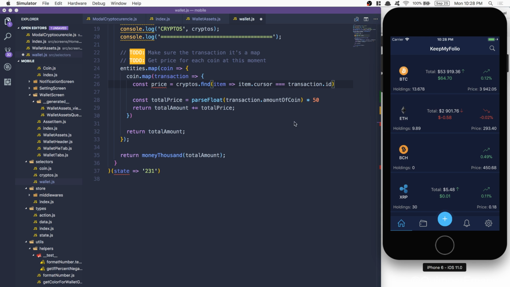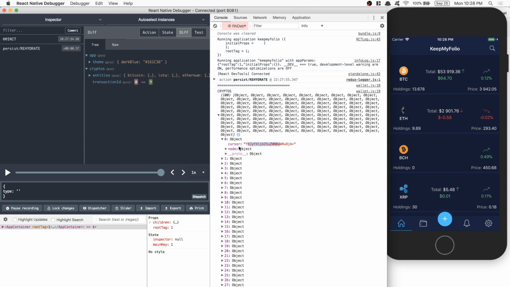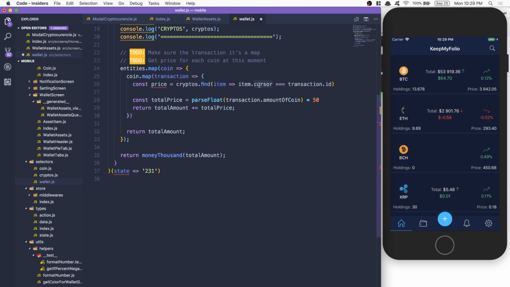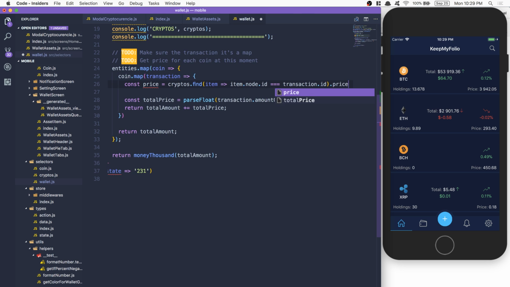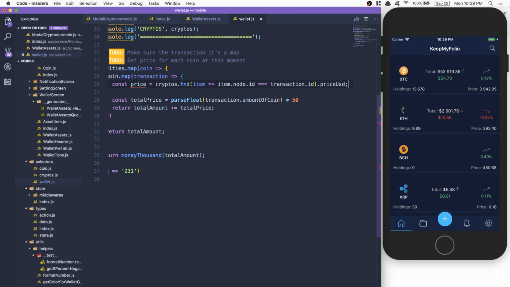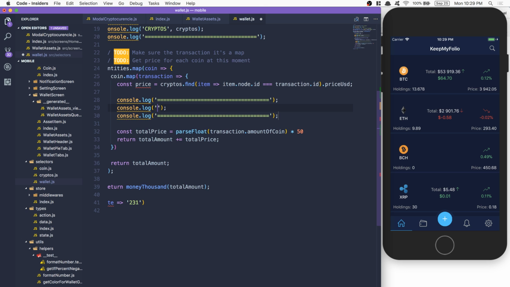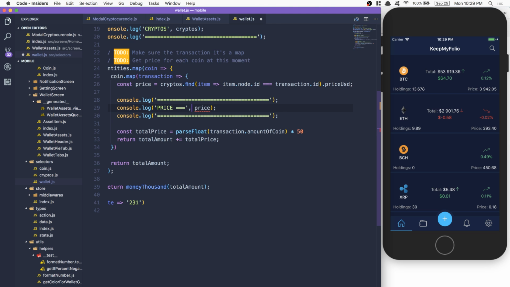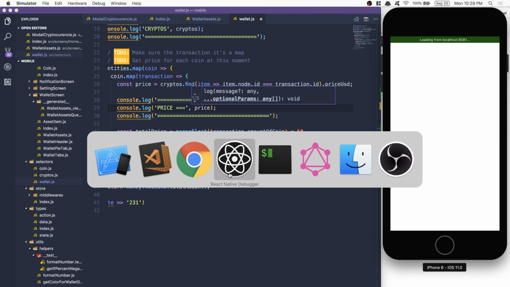No, that's not going to be the... I know. So that's going to be item.node.id equal this thing, and what I want is to give me back the priceUSD. Okay, so now we're just going to check price. If my code goes well, price equal price. Ah man, comma right there. Now I can refresh, and now if it works,